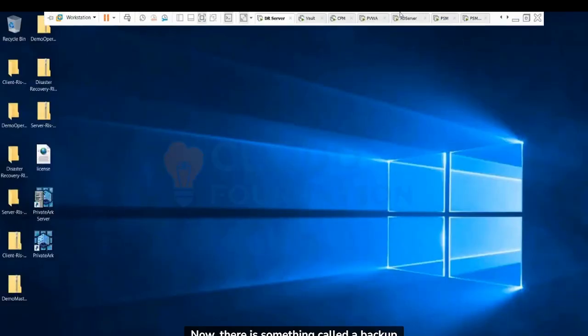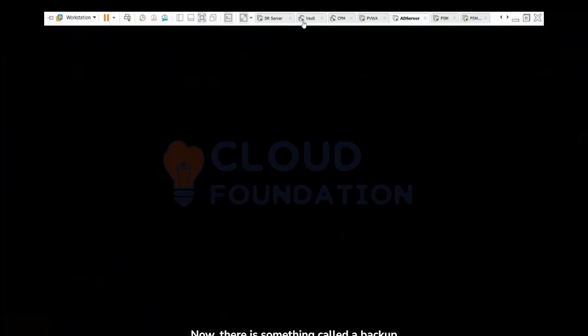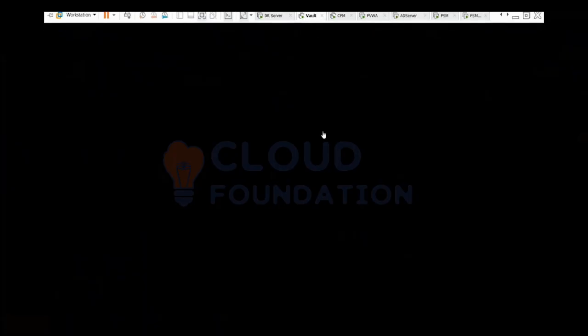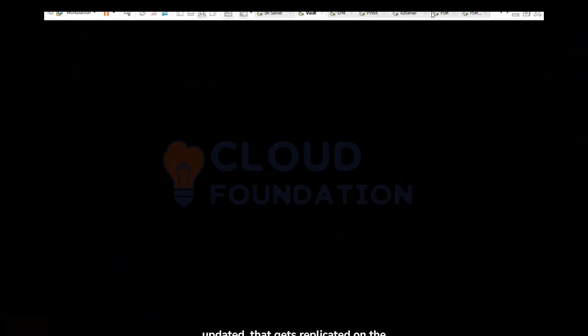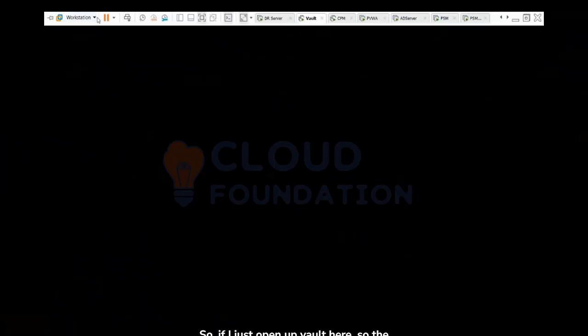Now there is something called the backup as well. What is backup? Backup is basically the cold storage, or I would say the cold site of the vault. Whatever vault data is being updated gets replicated on the backup site as well. So if I just open up the vault here,